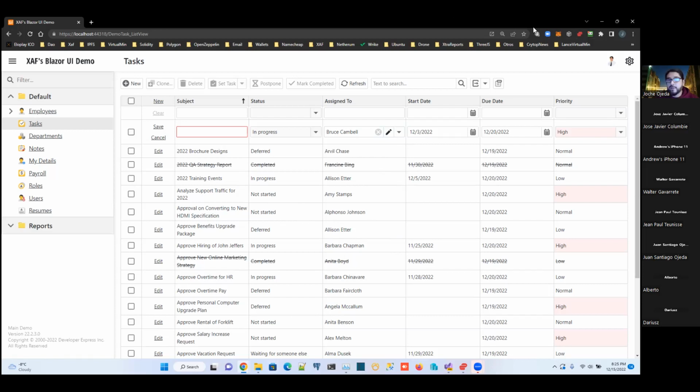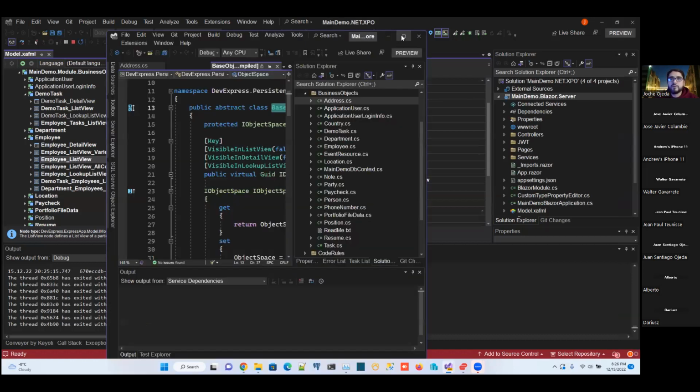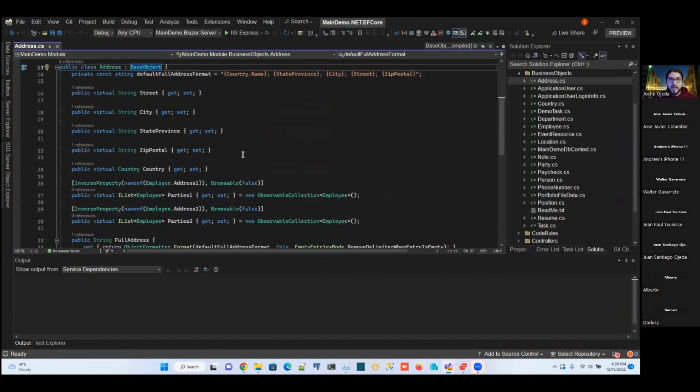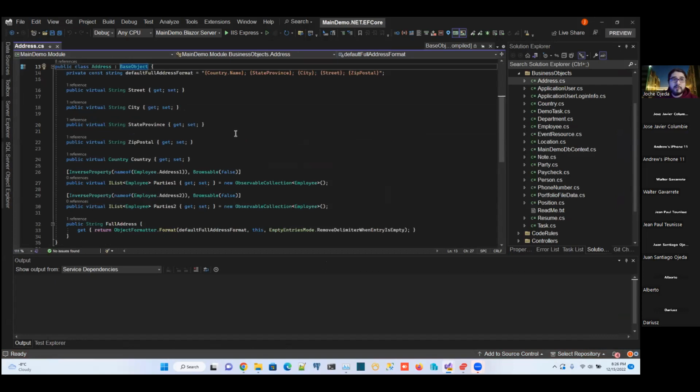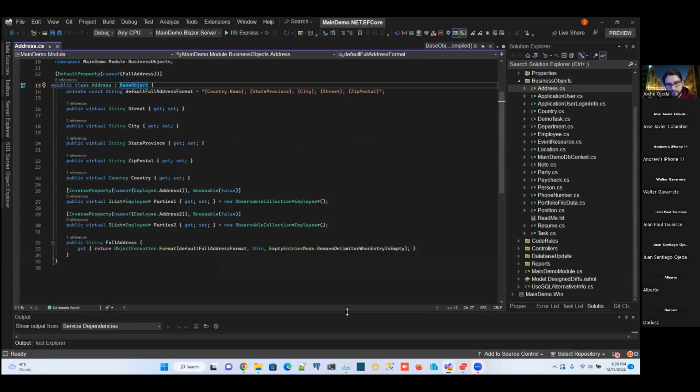Also, we were talking about what is happening on the Entity Framework side. So for that, here we have a few things to show. If you see the address object, this looks super simple, and I kind of like it. To be honest, I'm super used to